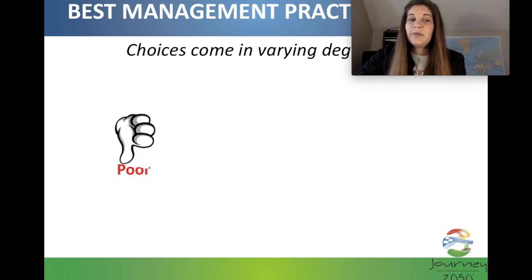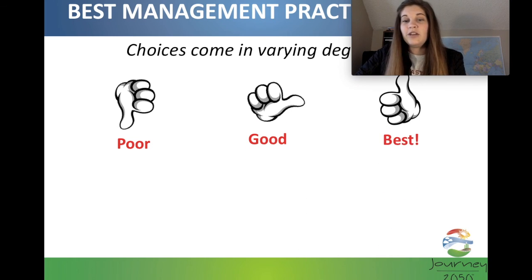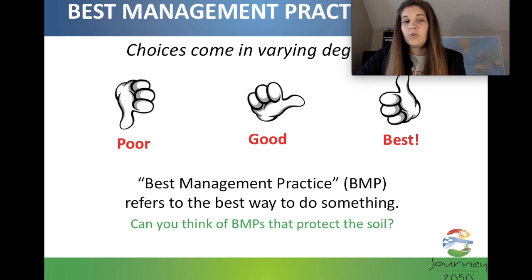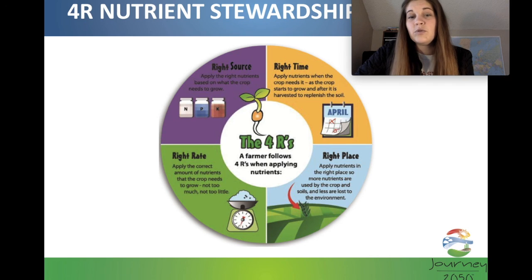So best management practices come in varying degrees. You can have poor management decisions, good management decisions, and the best management decisions. So when something is the best it can be, it's a best management practice, or a BMP. So when you are playing the game, you will have an option of doing a best management practice. This really comes down to what they covered in the video: right source, right time, right rate, and right place. I will have a link in the description to describe more of that 4Rs to follow when you are applying